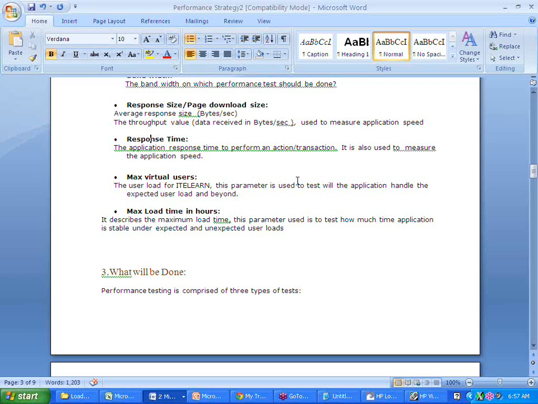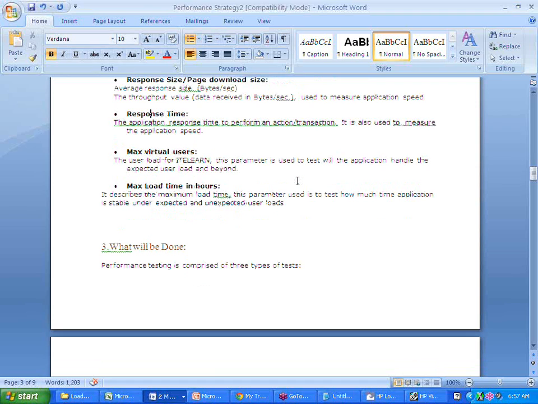So what is the time taken from the moment you click on login to the moment you get onto the home page, your account page? Okay, so what are the maximum virtual users?